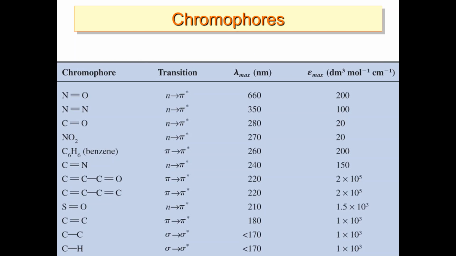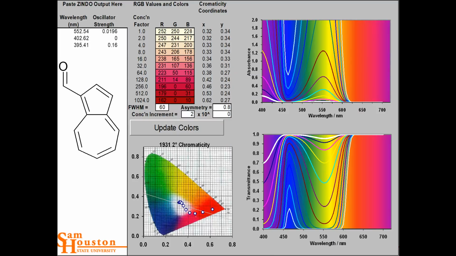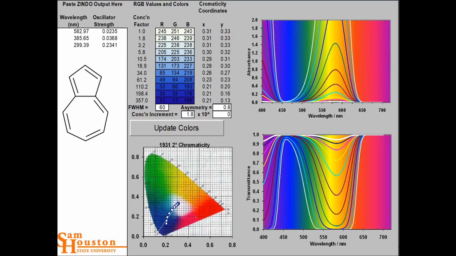Here's sort of the simple functional groups on the left and their lambda max, or the height of the main peaks that they have here. But here's 4 dyes that you can make with azulene. What do you think the color of azulene is? Azul? Blue? That's how it got its name. So it's azul, azulene. And so here's a spreadsheet I wrote that takes the output from Gaussian and turns it